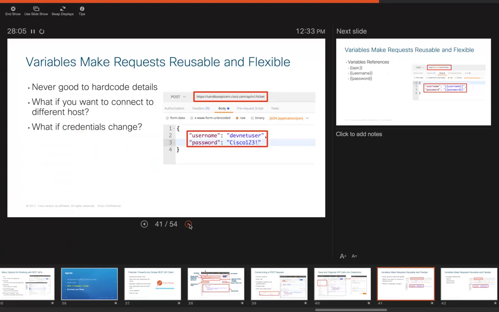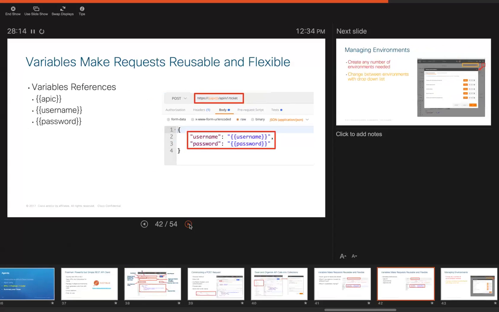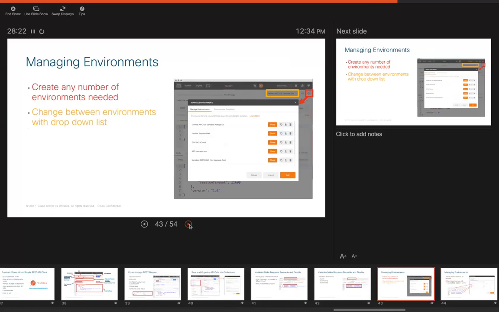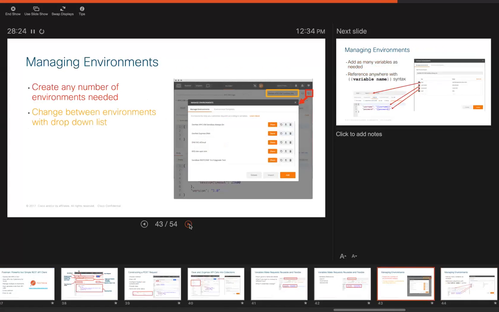Going through all those different API calls within a collection or otherwise is time consuming, but we can use double curly braces around different pieces that turn those into variables. We can create those environment variables as well, which is just another nice way to not have to go everywhere to change something; it's always looking back to those environment variables.